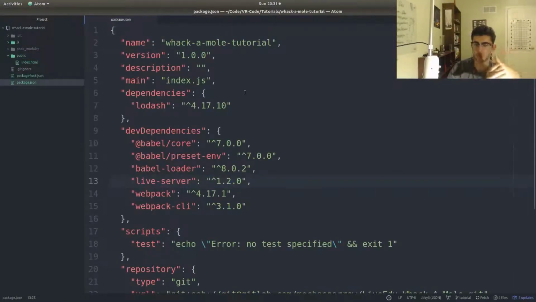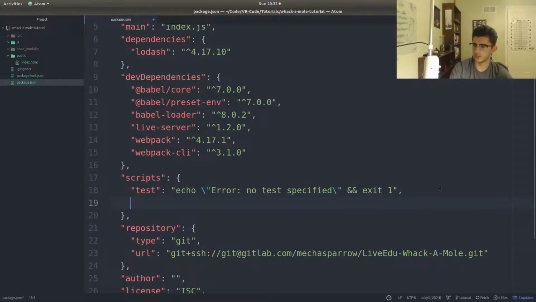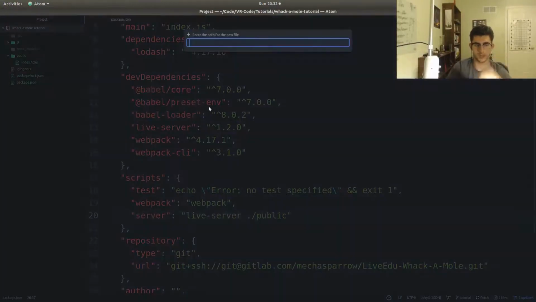But before we do that, we should probably set up some helper or utility scripts. So in the scripts key in our JSON file, we're going to have two extra scripts. We're going to have one called webpack, which just runs the webpack command. And then we're going to have one called server, which runs this live-server from the public directory. And then after that, we can actually go right-click, create a new file. We're going to call it